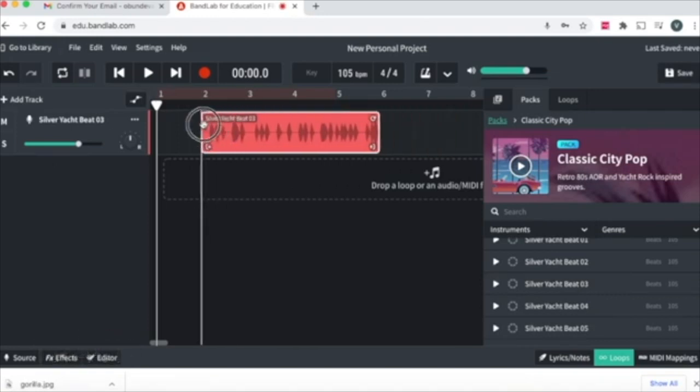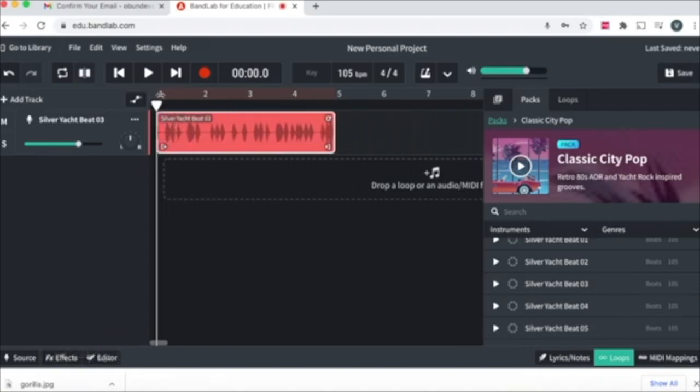So I'm going to drag this to the left to number 1 so you can start where it's supposed to start. Now, just a quick thing. What we have over here, this triangle thing is very important. This is called your playhead. Wherever the playhead goes is what you'll hear. So there are 2 ways you can activate the playhead. You can click play over here,